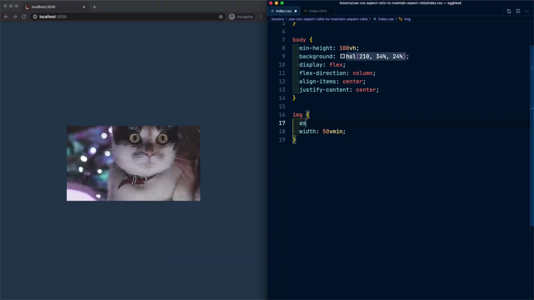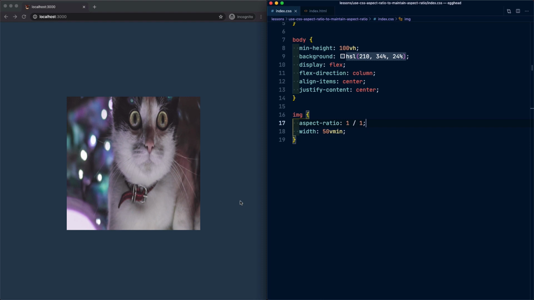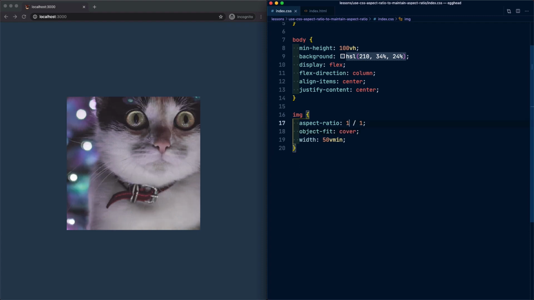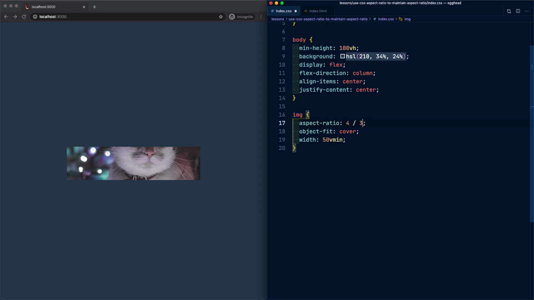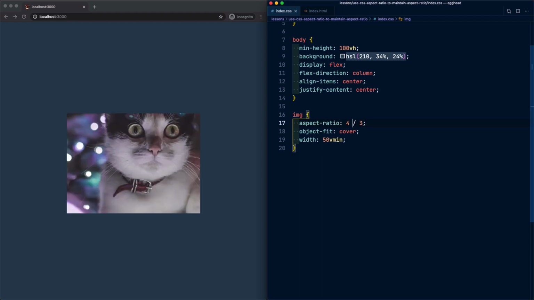But what if we want to define a different aspect ratio for our image? Well, we can with the aspect ratio property. To define a ratio, provide a width, followed by a slash, and then a height. We can see that the aspect ratio of our image is now 1 by 1. We can make our image look a little bit better by using object fit cover, and then we can experiment with different aspect ratios. For example, 4 by 1 or 4 by 3,